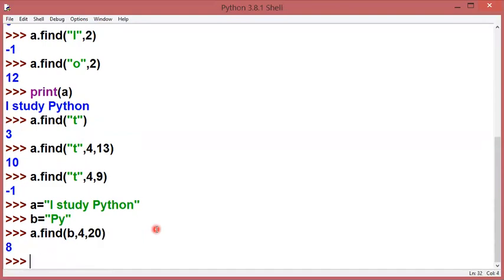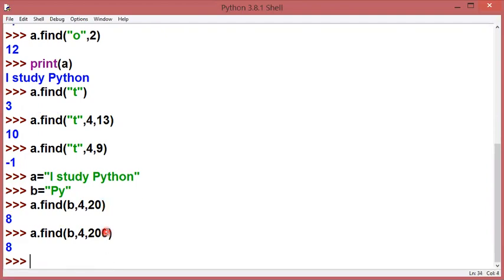Then it is going to give me the result 8, because we are starting from the 4th index position and we are going till 20. This end range could be any. If I write here 200, then also it is going to return me 8, right? Although the length of my string is not 200, but still, till where it is searching, it is getting the 8th index position on the way for the py substring.